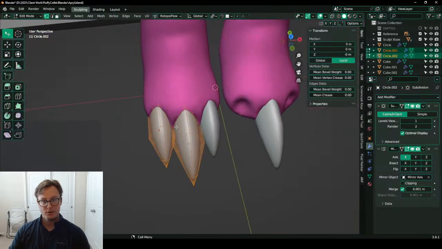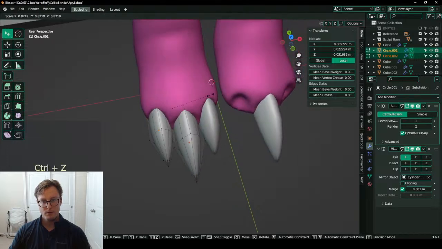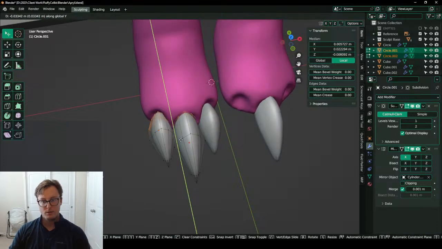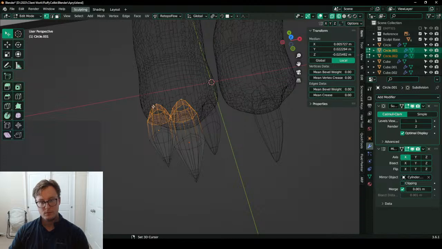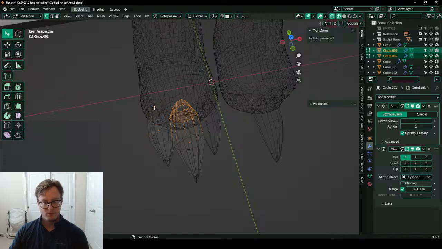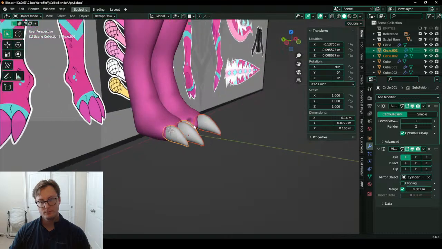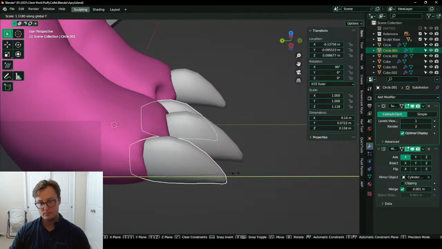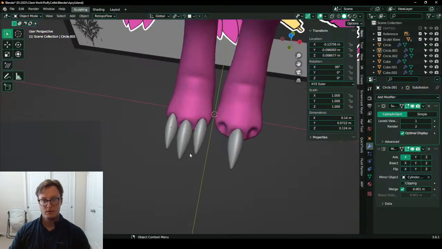Now I'm very much getting Digimon vibes. Bam. All right.